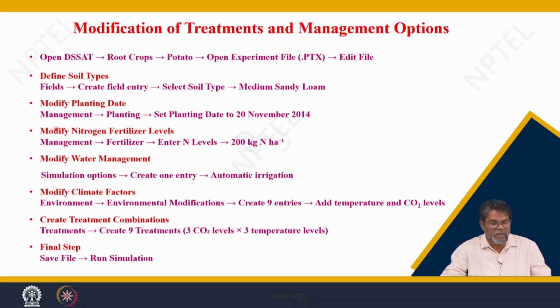So, again you can go to the management, click fertilizer management, N levels, that is say 200 kg nitrogen per hectare. Once you include the nitrogen 200 kg per hectare, you can select the application schedule: applying 25% of this 200 kg nitrogen at 1 day after planting, 50% at 20 days after planting, and the rest 25% at 40 days after planting. That split application you can specify in the model.